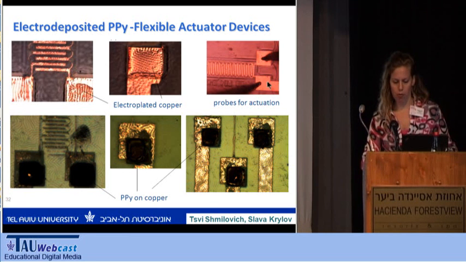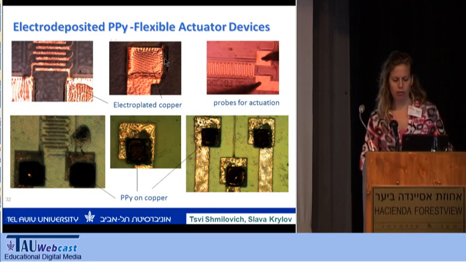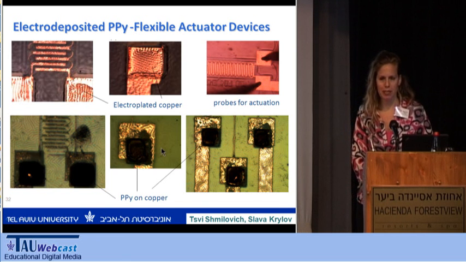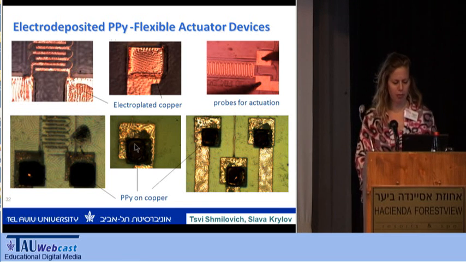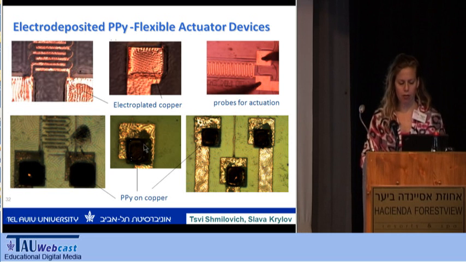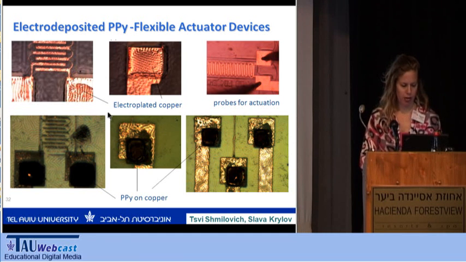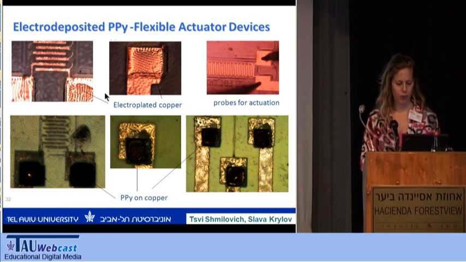Here it's copper, and here you can see the electroplated copper on the PDMS. Here in the same place, it's a polypyrrole. It's a little bit mismatching in the photolithography, but the electroplating of the polypyrrole is even less sophisticated than that of the copper, and it has many advantages, as, for example, the affinity to the neurons and so on. Here also the polypyrrole is electroplated on the copper seed layer.